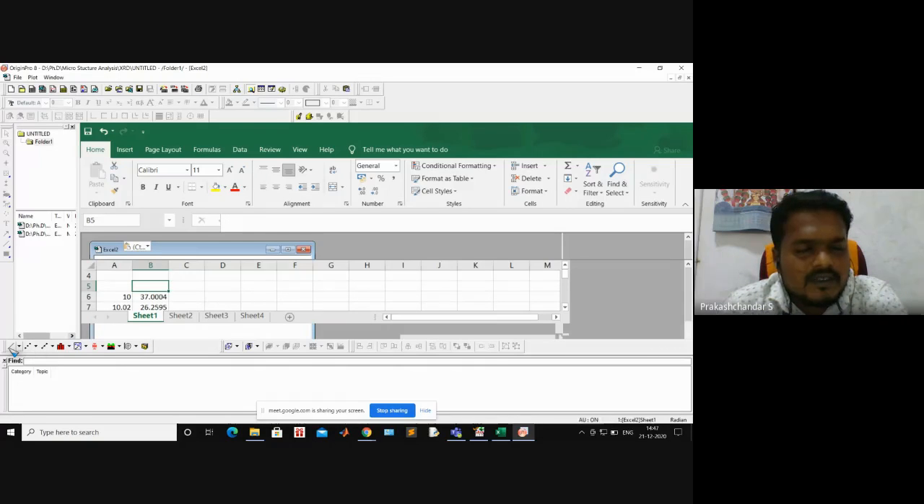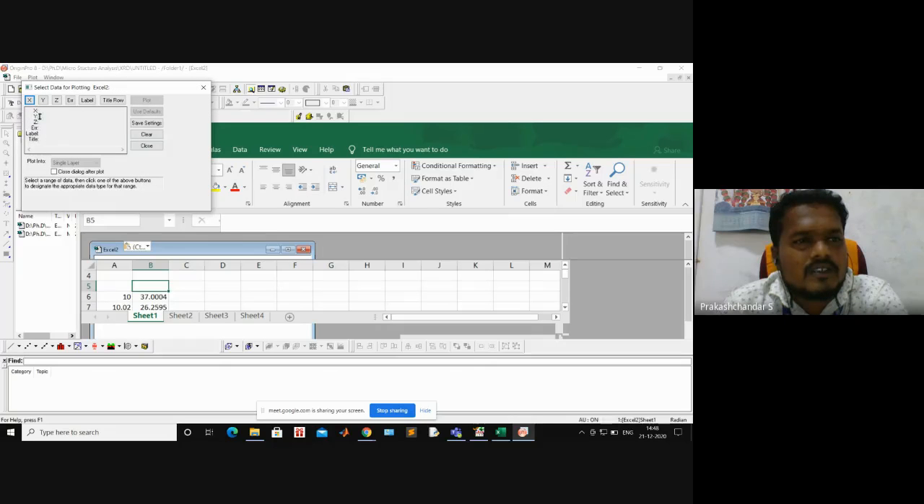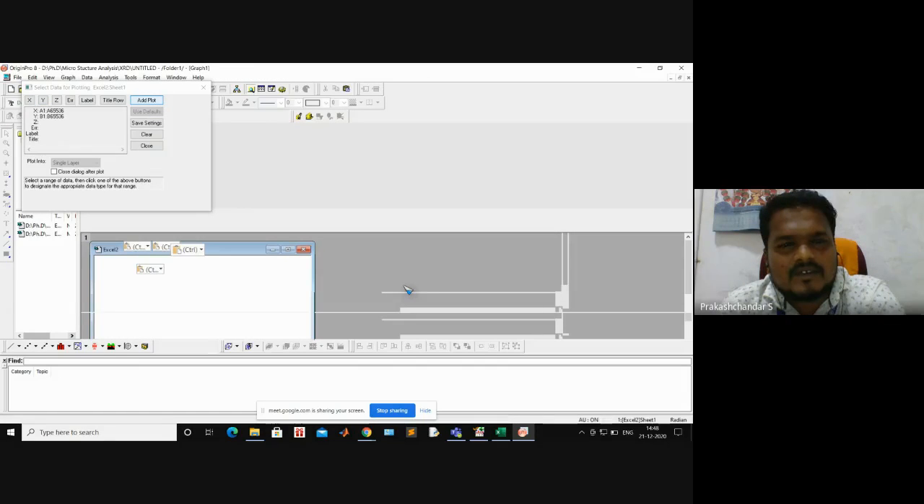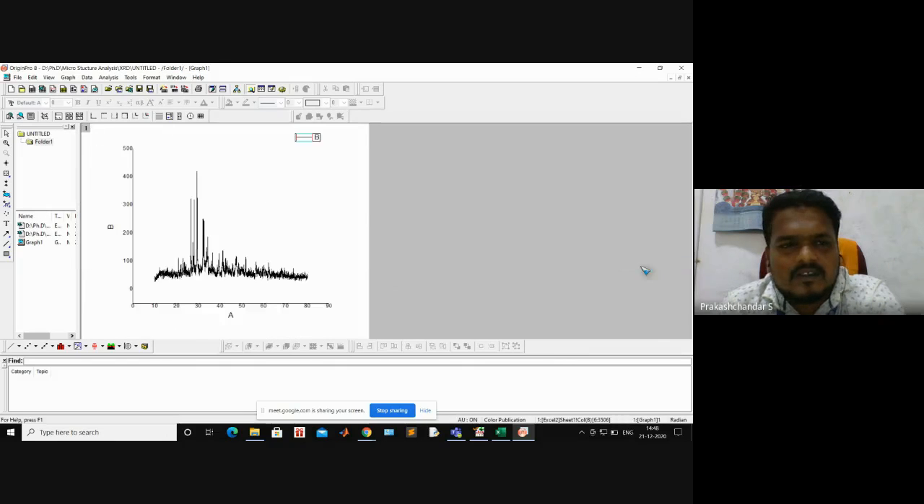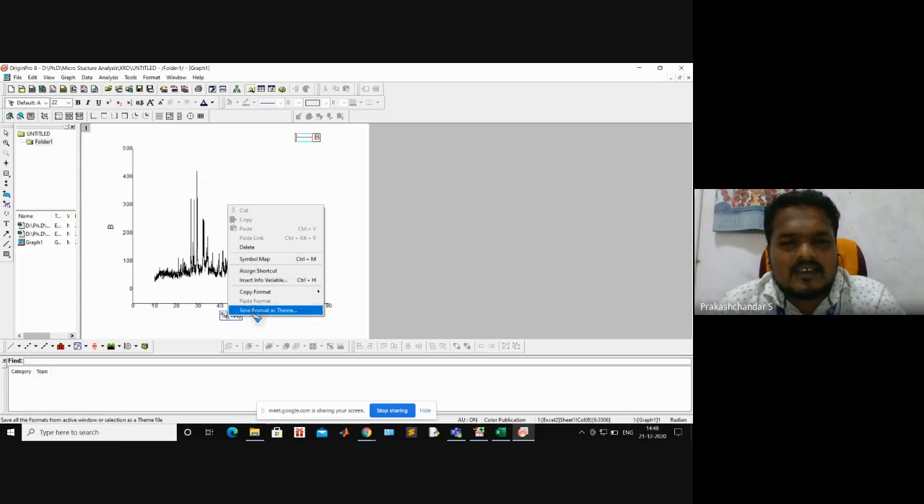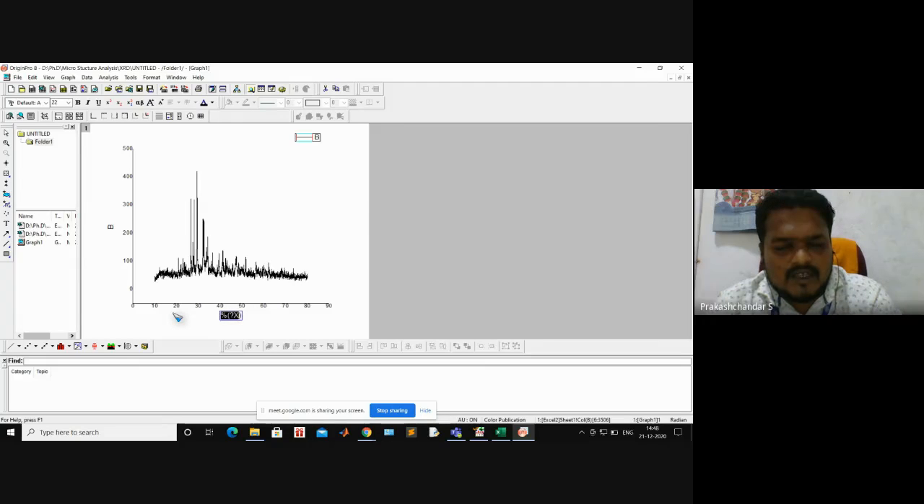Okay, now you are going to draw the XRD graph. You can select which one is the x-axis. So this is the x-axis. Click here and select another column for the y-axis and click Y here. Then plot. Okay, now the graph is showing. So this is your XRD graph. You can right click and make it